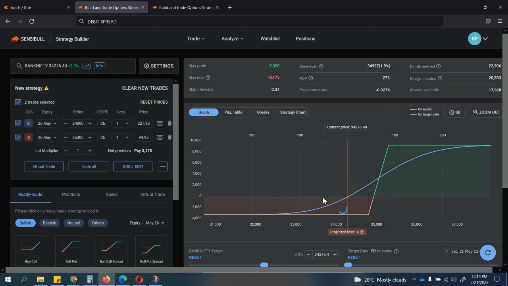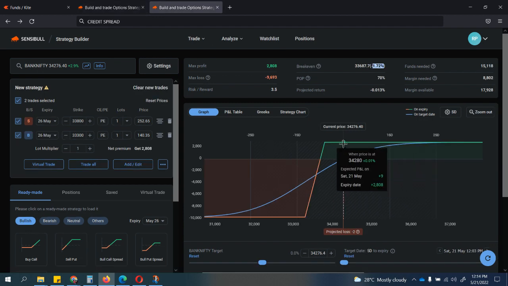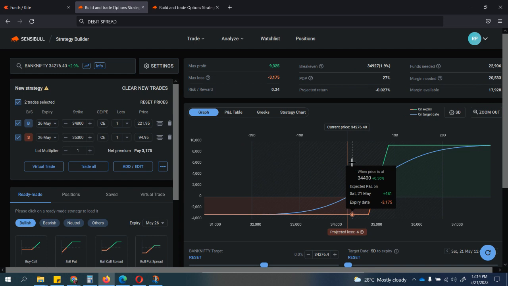That will never show you green, because we have deployed the debit spread with a view of the market going up. I'm just simulating the market. Look at the black box expiry. Your maximum loss will be like 3,175. It will never show on the green side. Whereas in your credit spread, even if the market keeps falling, you see green profit on your expiry. Sorry friends, what I mean to say is,